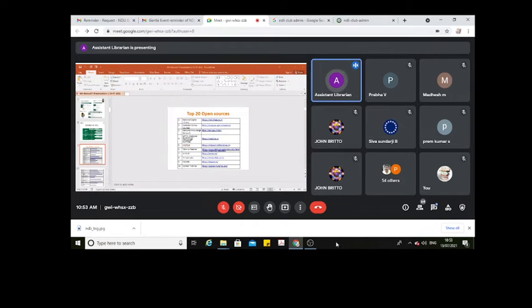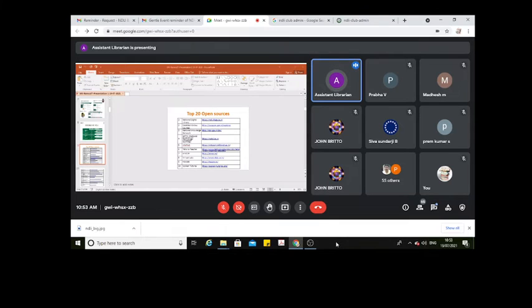What special features are available through NDLI? Why should we choose NDLI for our study purpose? The main thing is that it is authenticated. It provides a single-window search facility so that learners can retrieve the right resources with the least effort in minimum time.